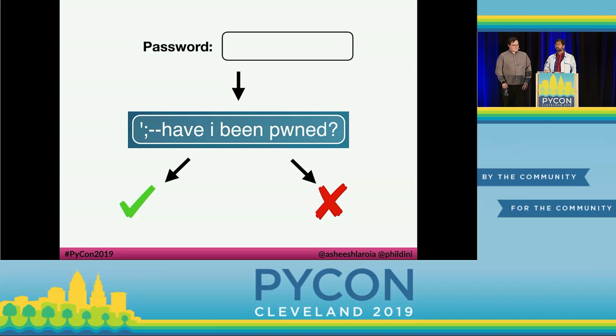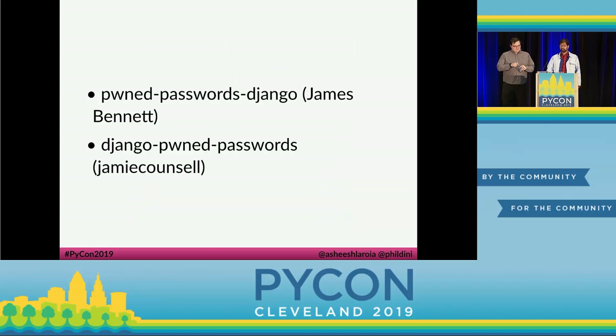If you don't want to query an API, you can also download the full database for free, which is about 11 gigabytes compressed. PyPI and other sites use the Have I Been Pwned API. By the way, Django's built-in user system uses the same approach in an offline way. It bundles a list of the top 30,000 passwords as of Django 2.1. If you want to use the Have I Been Pwned API, there are 2 options for integrating with Django.